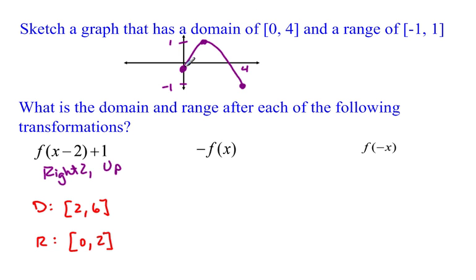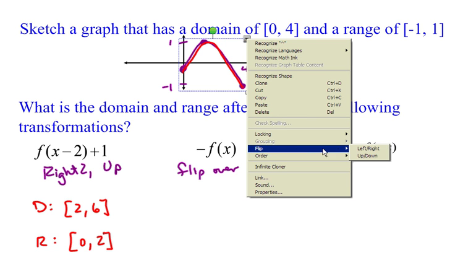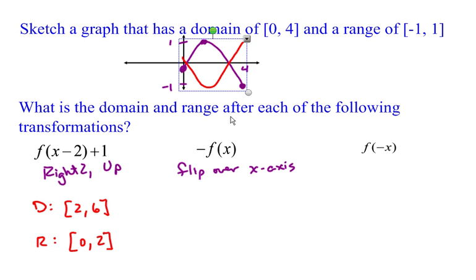I'll get my red graph back. So there it is. And this time I've got -f(x), and you'll recall that that is a flip over the x-axis. So when we flip over the x-axis, let's take a look at this and go like that. There's our graph, and we flipped it over the x-axis, and you can see that my domain is still 0